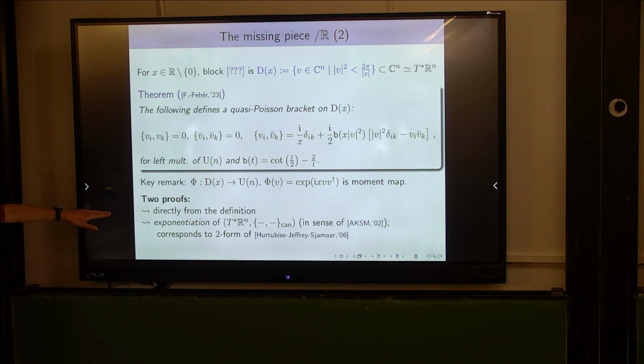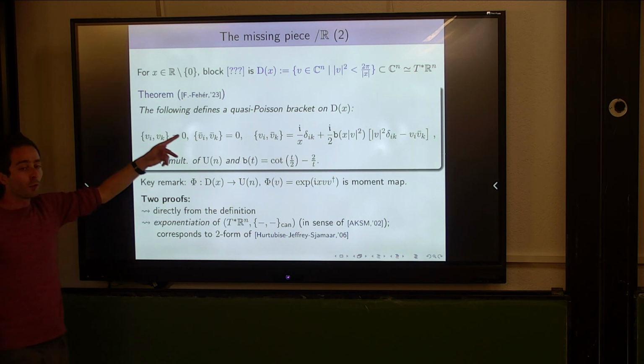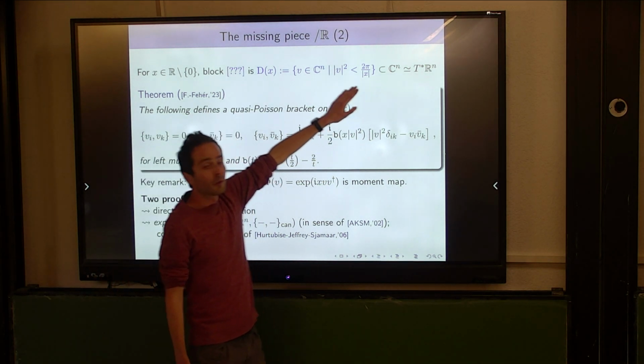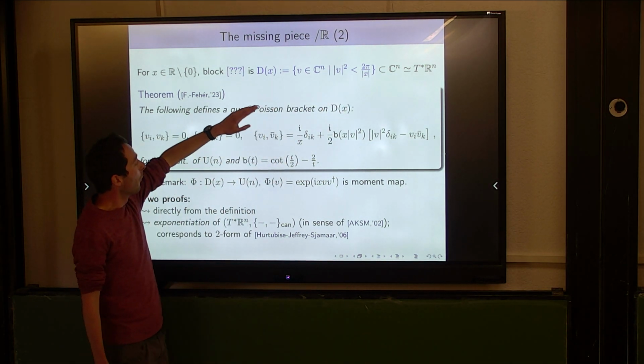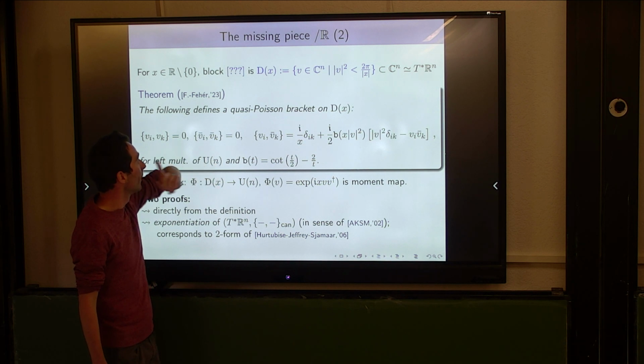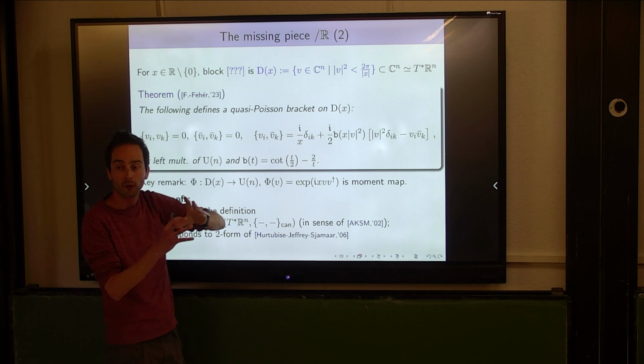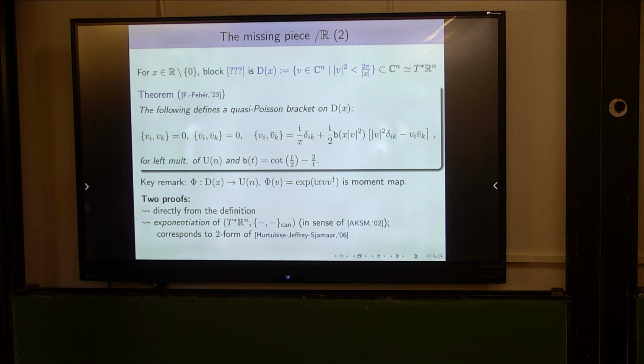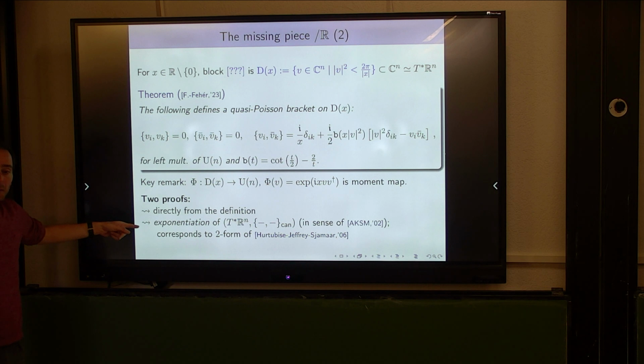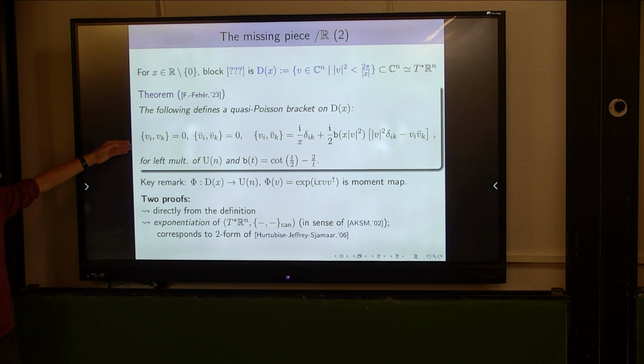When you start with that, exponentiate, then what you will get is, well, almost Cn, but there are some invertibility conditions that will necessitate that you work, in fact, on an open ball around the origin. But the good thing is that this exponentiation procedure is extremely explicit, so you can explicitly write down the quasi-Poisson bracket, which takes this form, and which, in my opinion, is